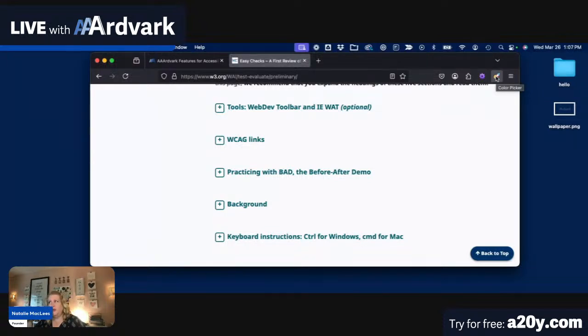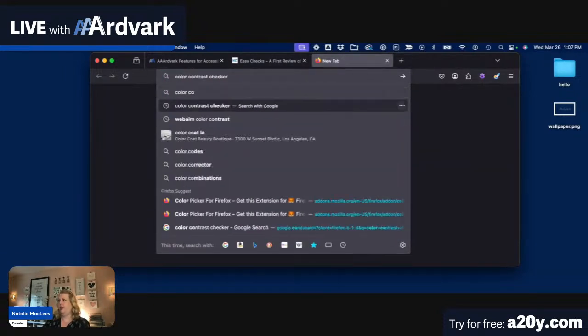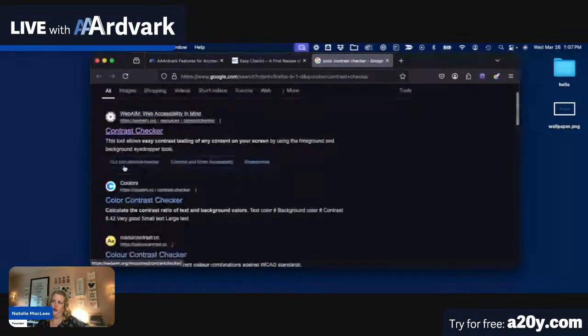So the color contrast rule is you want to make sure that your text has sufficient contrast with the background color that it appears on so that it's easy to read, right? You wouldn't want to have pale gray text on a white background, for example. That's going to be too hard to read. So basically, we want to check the background color, the foreground color, and we would go to a tool like this. So if we just look for color contrast checker, I usually use this one from WebAIM, but as you can see in the search results,